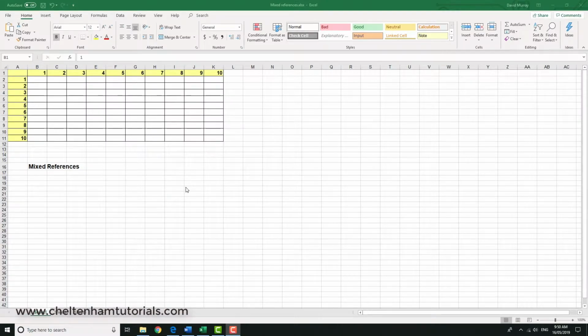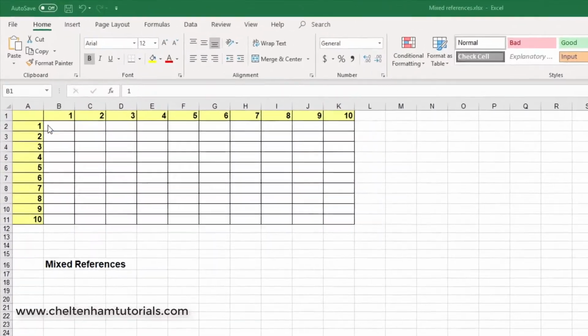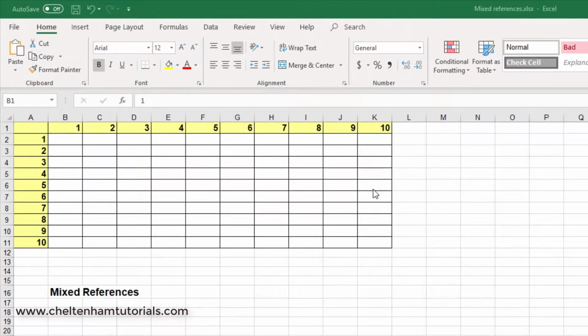In this section, we're going to look at how to use mixed references within formulas. Now here we've got a traditional school times table. What I want to do is click here so that, if we look at just this column, I want to multiply this number by this number. Then the next one, I still want to make sure that the first item here is selected, but here